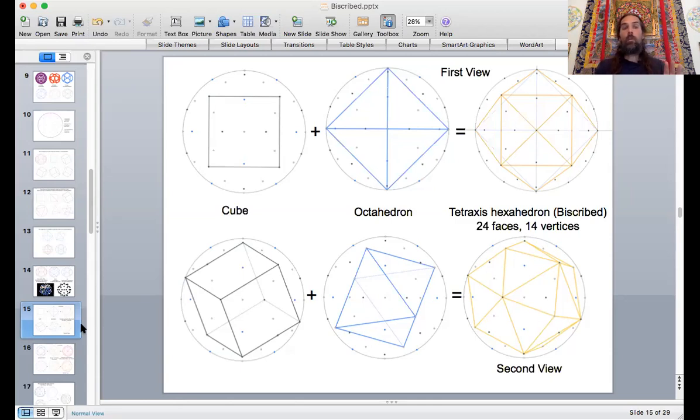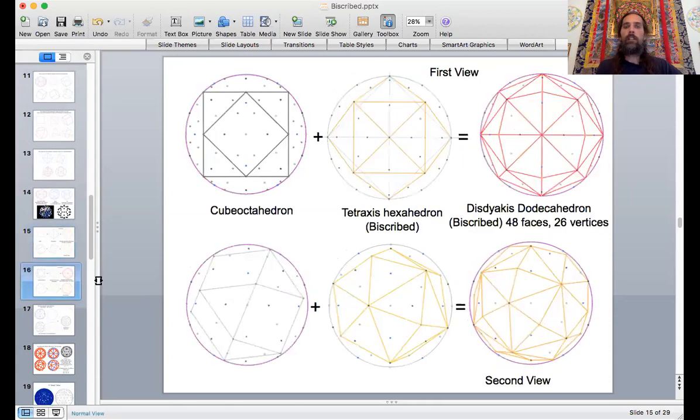Okay, so we could just say the Tetraxus Hexahedron and the Icosahedron will create the 5 of these Tetraxus Hexahedrons, and the Icosahedron will create that 120-sided form. But as things kept escalating for me as I studied this, I realized I created another form a little while ago that I didn't realize at the time, but it's another